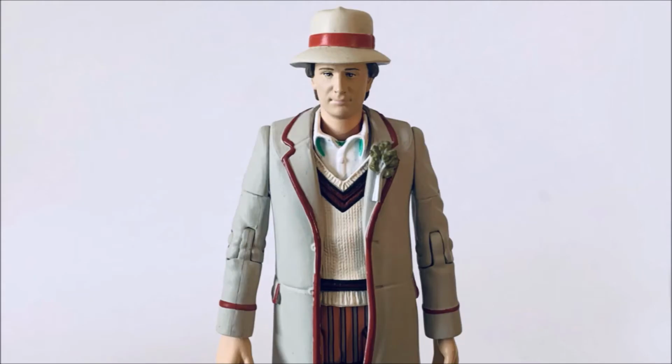The figure uses the standard 5th Doctor body that we've already taken a look at on multiple occasions throughout this series already, once again painted in the same costume variant colour scheme that we've seen with the 5th Doctor released alongside Davros as a part of the Resurrection of the Daleks collector set. The most noticeable difference of the costume is this time round the reds have been made ever so slightly darker to the extent of being burgundy, and the green used underneath the shirt collar has now been made a few